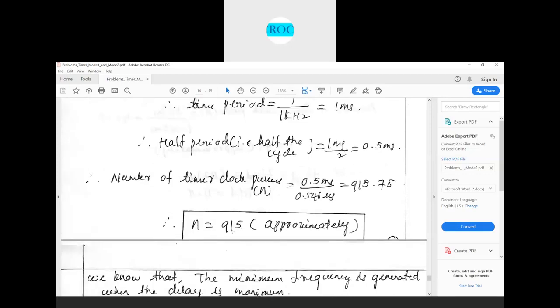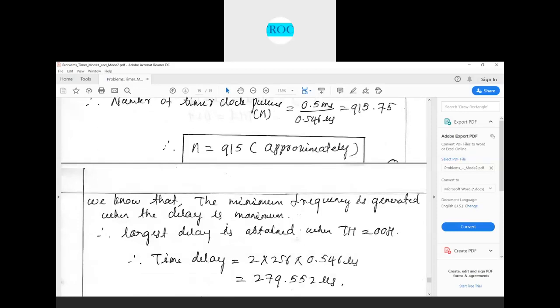Now how do you do this? You can see here, since mode 2 is only an 8-bit timer, the number of counts we can have is only 256 counts. I need to initialize with a clock count value as I should count 915. Using an 8-bit timer, I cannot do that because the maximum number of counts is only 256. So there are various ways we can do it.